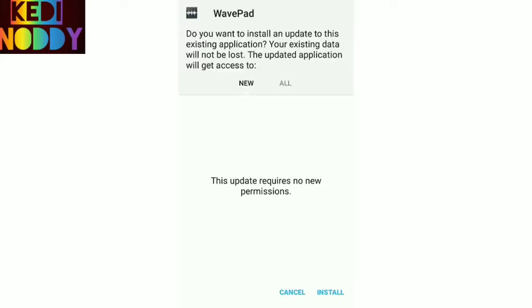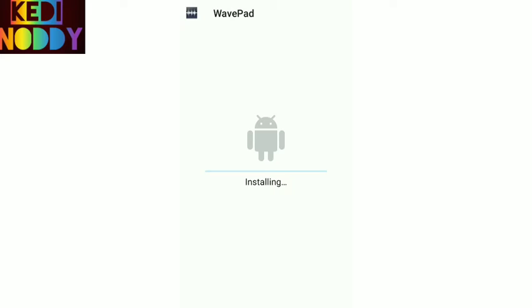Now I'm gonna open it. Install. I already have the app, so I cheated the phone. It thought I was updating the app. Now I'm giving open. See, there are options: add, delete, export.